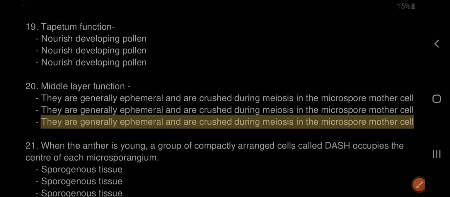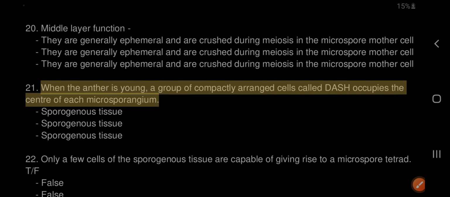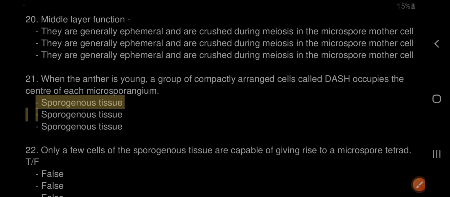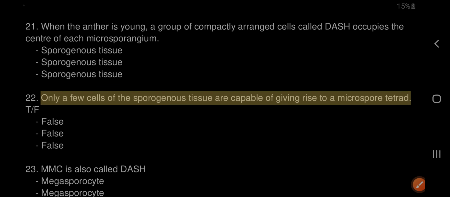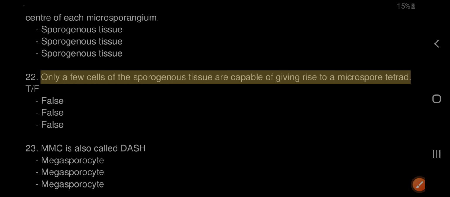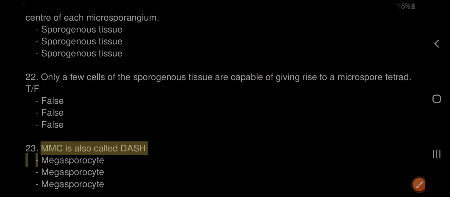21. When the anther is young, a group of compactly arranged cells called sporogenous tissue occupies the center of each microsporangium. 22. Only a few cells of the sporogenous tissue are capable of giving rise to a microspore tetrad. True or false? False. 23. MMC is also called